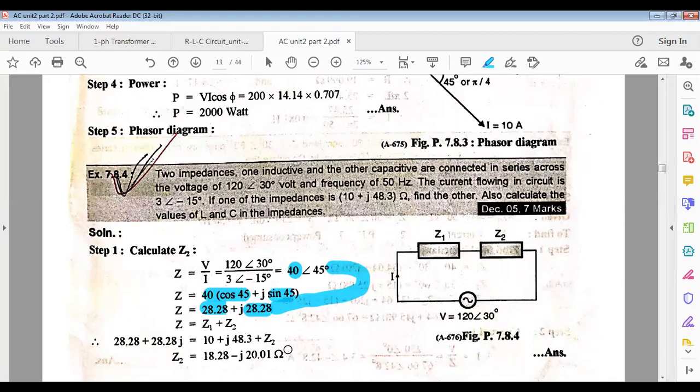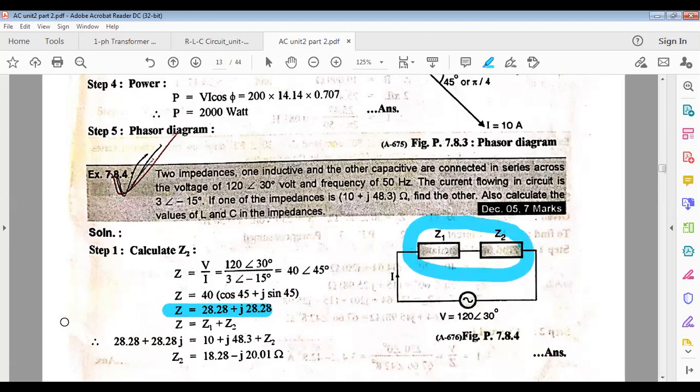Yes, sir. So did you understand Z2? Any difficulty up to Z2? Then you got this Z. What will be the total Z of the circuit? Z1 plus Z2, isn't it? So see, the formula is written: Z is equal to Z1 plus Z2. So put the values here. This one is Z, this one is Z1, and Z2 you have to find out. Any difficulty with Z2? No, ma'am.